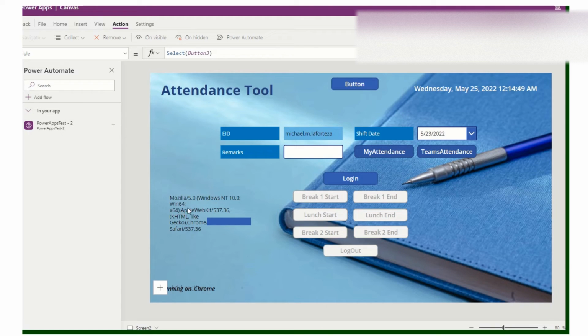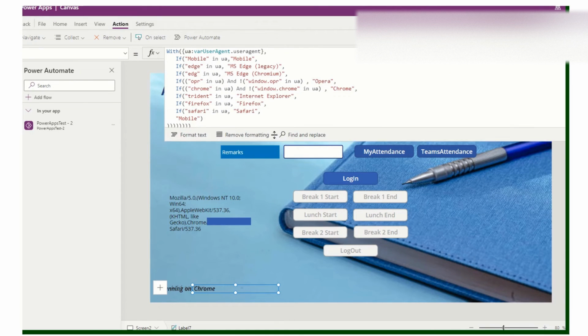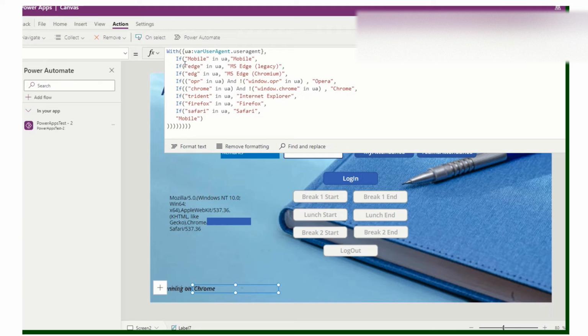So I need to modify this to become more useful, so we get the full details of the user. So what's next? I will just modify that. In here, I will create it with the If function and so many Ifs.